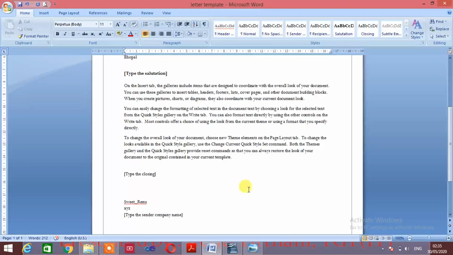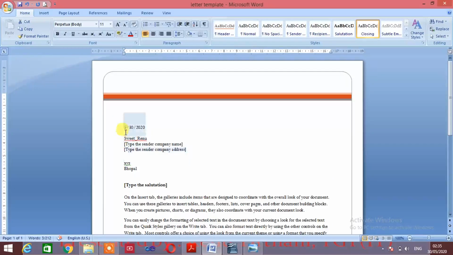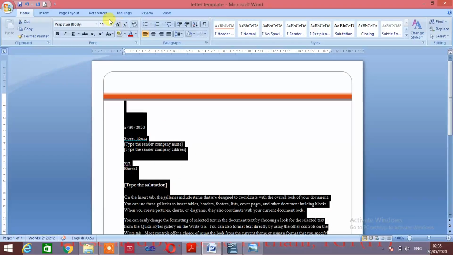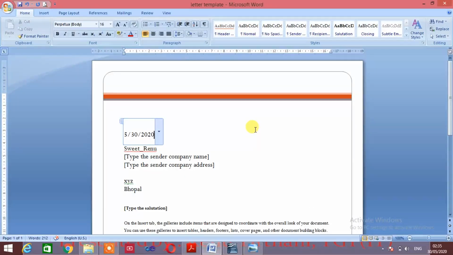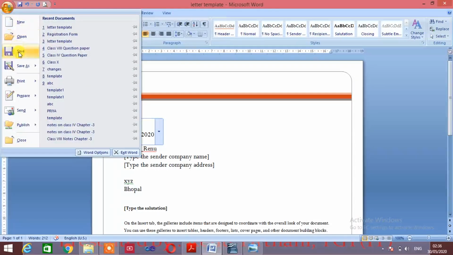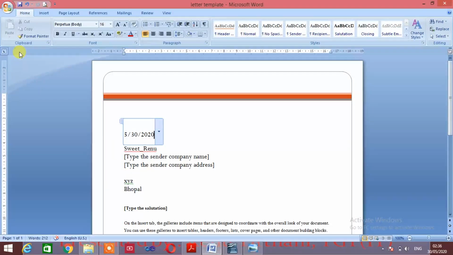So you can put the particular title, and if you want to increase the size, you can increase the size also. Likewise you can make the changes, and then you simply click on the Office button and click on the Save option. So these changes you have made in the template, not in the document.